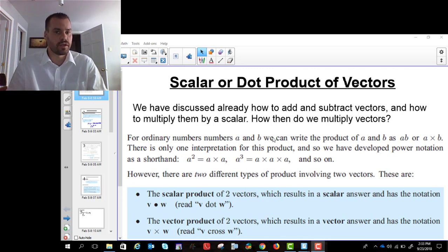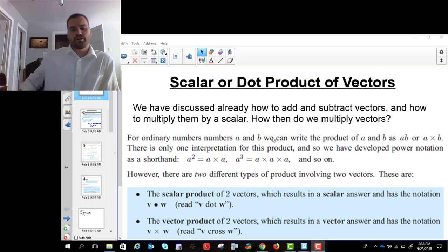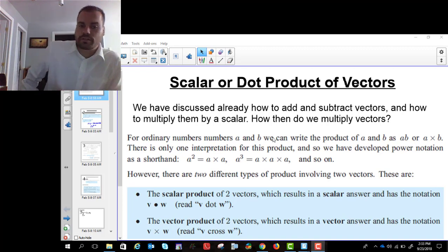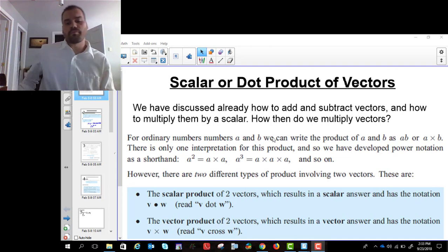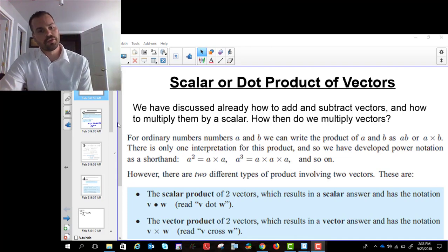You can get the scalar product. The scalar product just gives you a number, and that number tells you something about the vectors. What it really allows us to do is find the angle between those 2 vectors. That's the benefit of the scalar product. If we do a vector product, we get a vector. You don't have to know anything about the cross product or vector product, but the dot product or scalar product you do. So we're going to talk about the dot product,